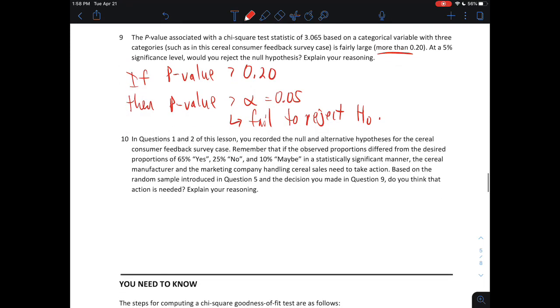And then number 10, in questions 1 and 2 of this lesson, you recorded the null and alternative hypotheses for the cereal consumer feedback survey case. Remember that if the observed proportions differed from the desired proportions of 65% yes, 25% no, and 10% maybe, in a statistically significant manner, the cereal manufacturer and the marketing company handling cereal sales need to take action. Based on the random sample introduced in question 5 and the decision you made in question 9, do you think that action is needed? Well, what we just decided in number 9 is we fail to reject the null hypothesis,